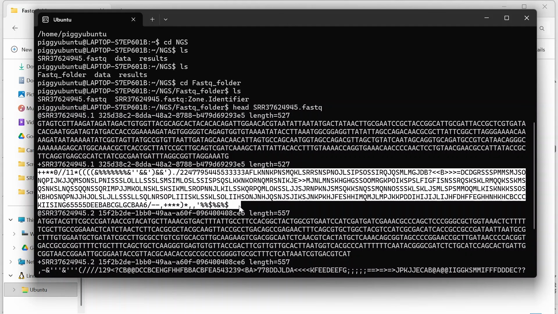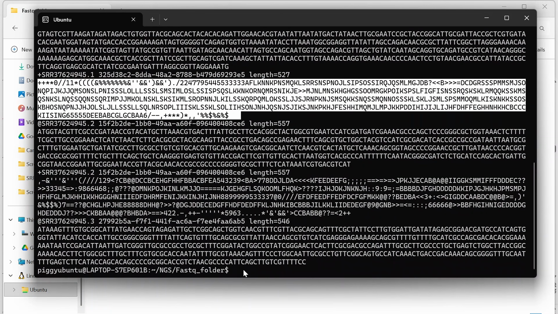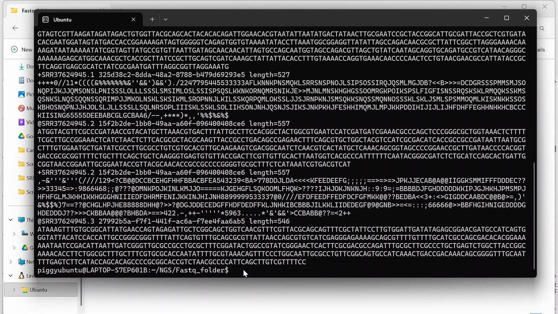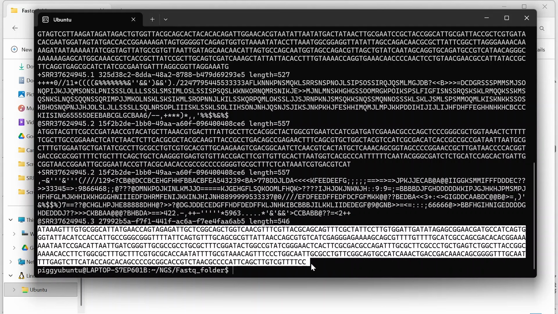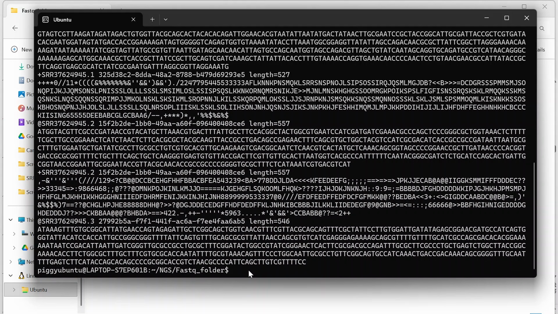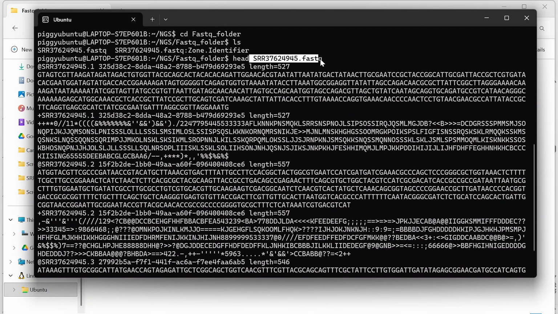That is where we are going to use the FastQC tool. So what is the FastQC tool going to do? It will check the quality of our sequencing data. So what is the sequencing data? This is the sequencing data. What is our goal today? Our goal is to check the overall quality of this sequencing data, and that is where we use the FastQC tool. It will analyze this complete file for us and generate a report which we can easily understand.